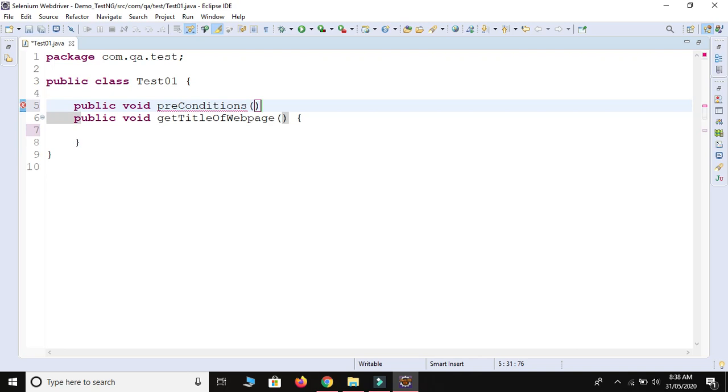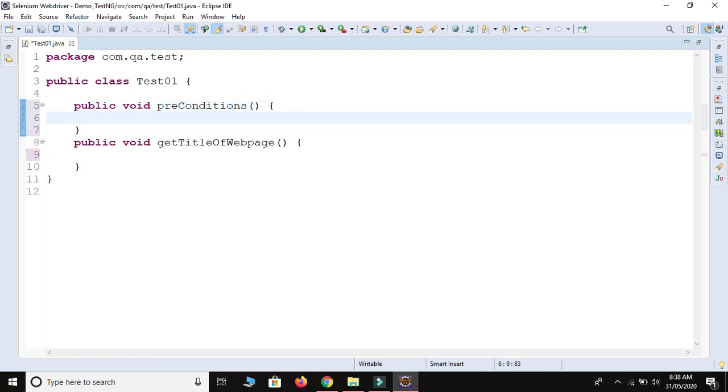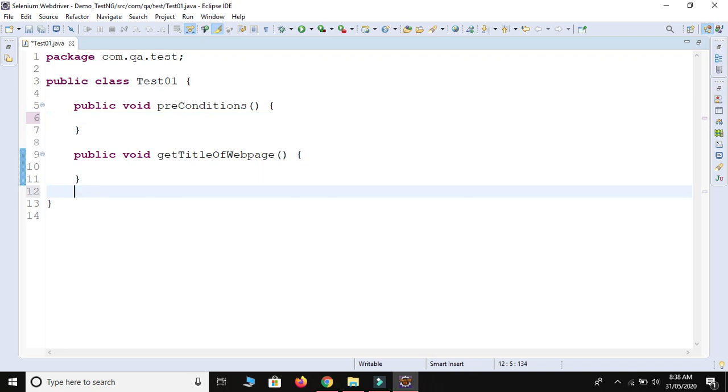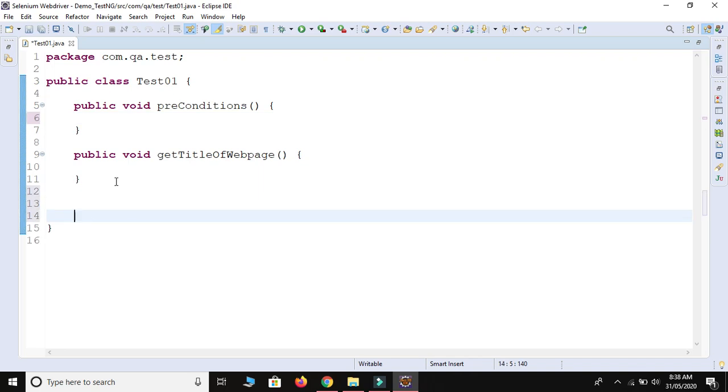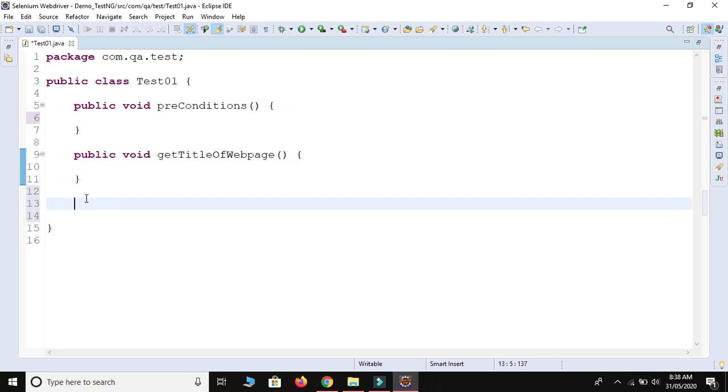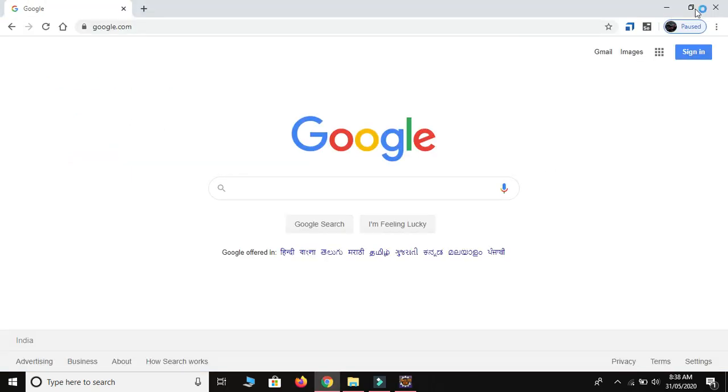Control Shift F and Control C. In this block I will write the code to launch the Chrome browser and then launch the URL, and after launching the browser and the URL, we get the title of the web page.